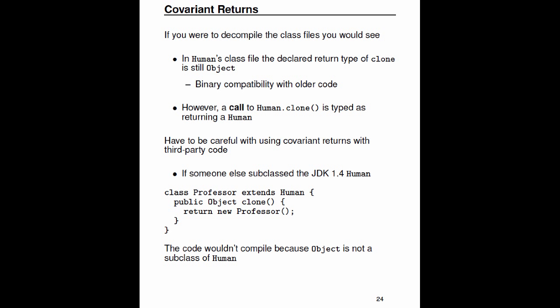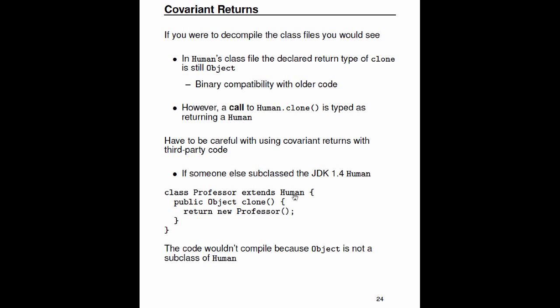It's possible that if you have an old API that didn't use covariant returns, and you then make a modification to it so that it does use covariant returns, users of the old API might be affected. So for instance, let's say you had some old code that extended your Human class to have a Professor class, and it overrode clone. And it's not using covariant returns, so the return type of the clone method is Object, which is all fine and dandy, except if you then go to recompile this with the